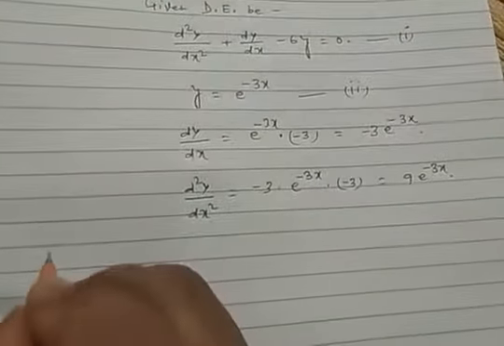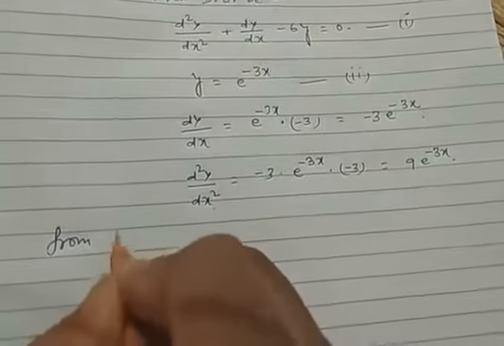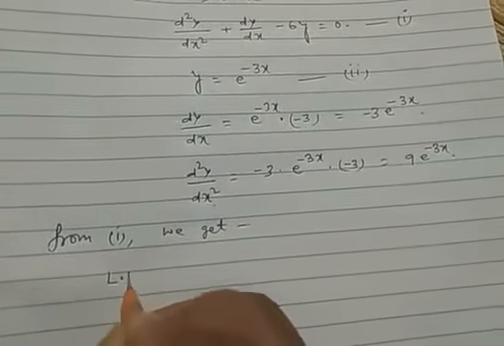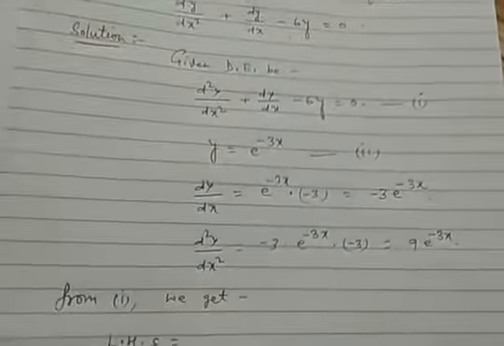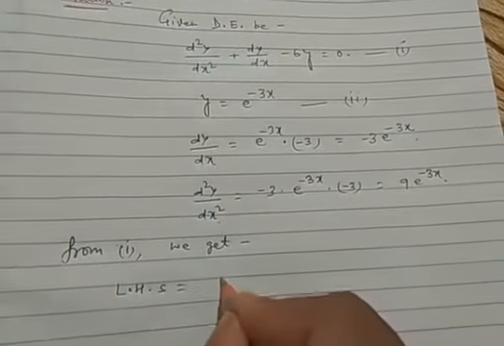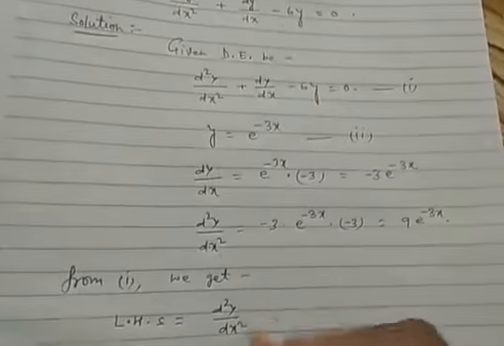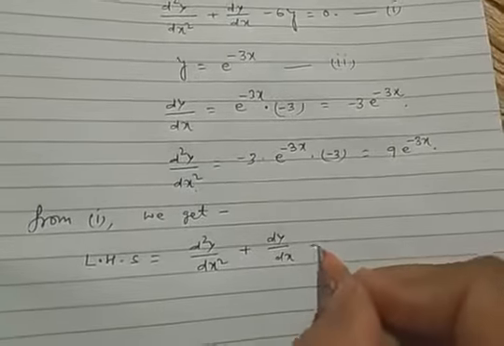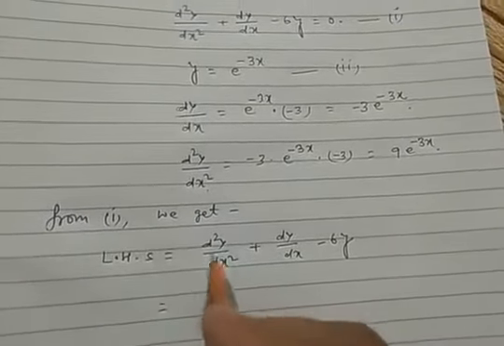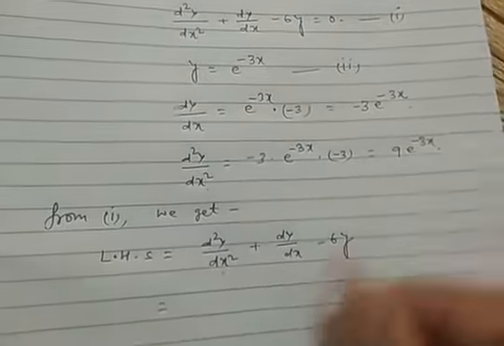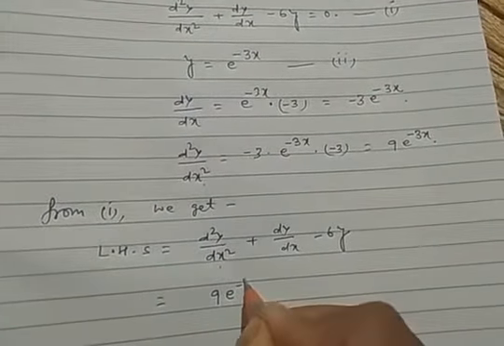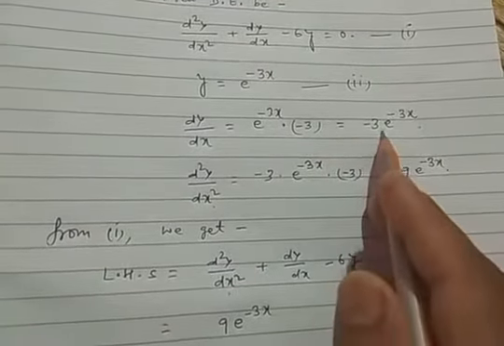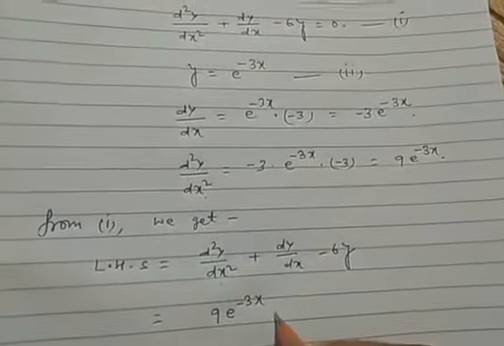So from 1 we get LHS equal to d2y upon dx square plus dy by dx minus 6y, equal to the value of d2y upon dx square, which is 9 into e to the power minus 3x, plus dy by dx, minus 3 into e to the power minus 3x,